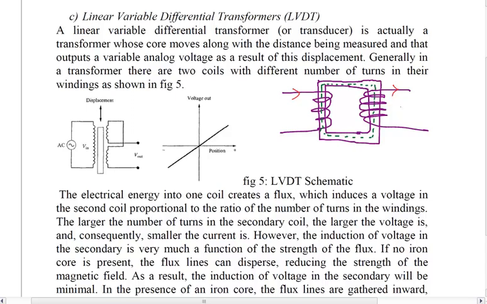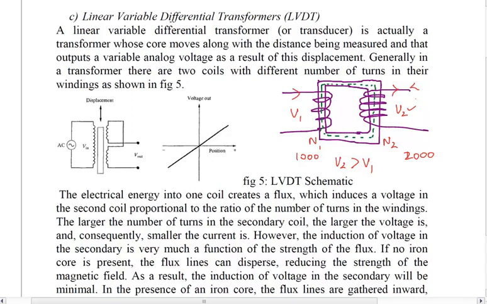transformer. A transformer is not an amplifier, it will never amplify any current, but it can step up or step down the voltage. If you have a voltage here and another voltage is developed here, you can have V2 greater than V1 by simply increasing the number of windings. This number of windings is N2 and this is N1. Suppose N1 is 1000 windings, and if you keep N2 as 2000 windings, then the voltage will increase but the current will reduce. So don't think a transformer can be used as an amplifier. Many people make that mistake.